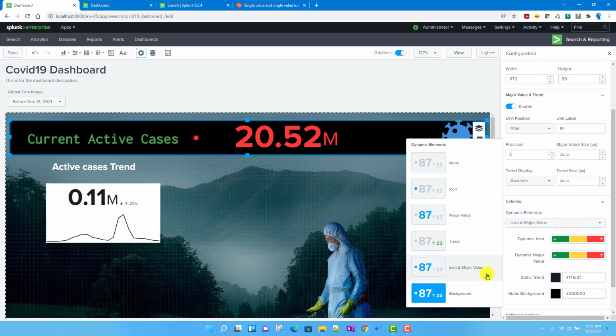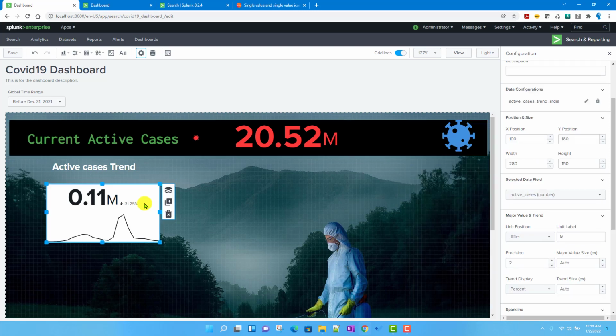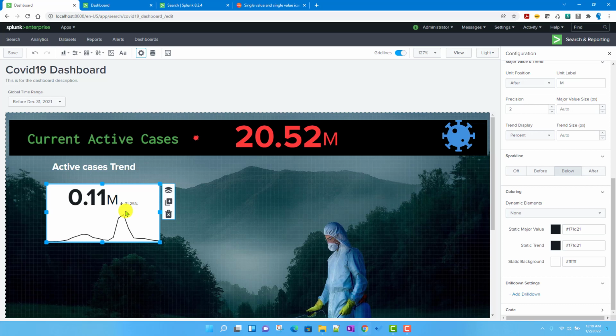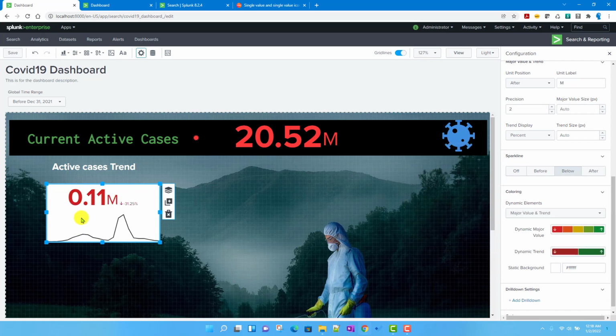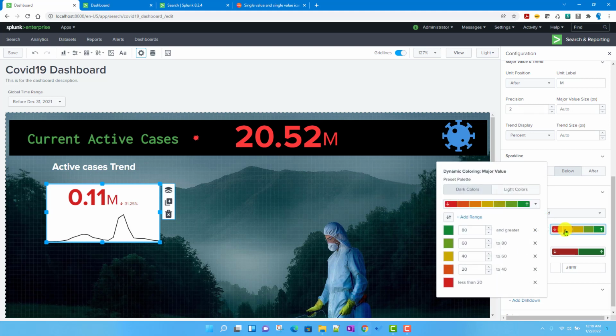So that coloring option you can do, right? And as well as trend over here, because this was a single value icon here. But once we are working with the single value, there is no icon present here, right? So that means we are only able to do the coloring of the measure value as well as trend over here. Okay, so we will do it for both of these, measure value as well as trend. Now let us try to change the range over here.